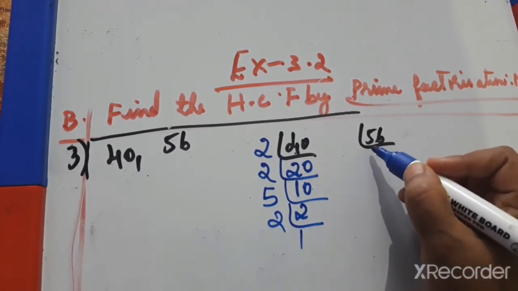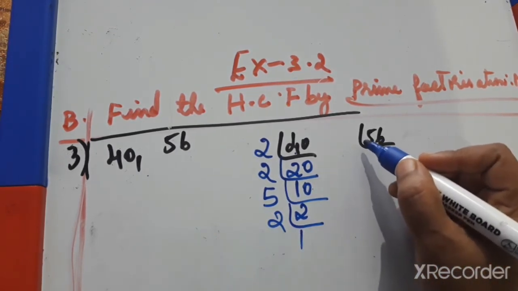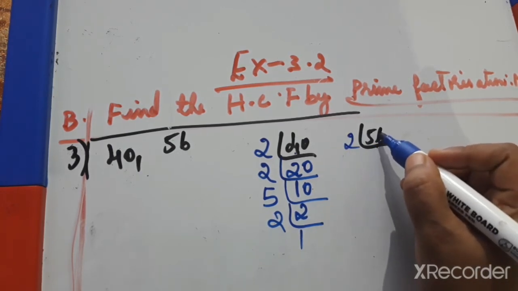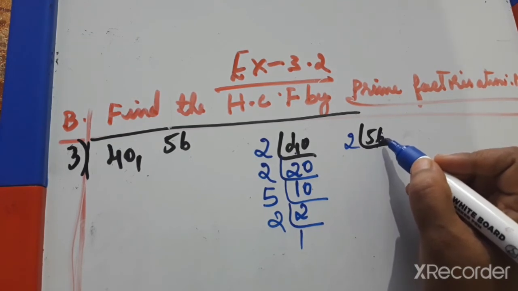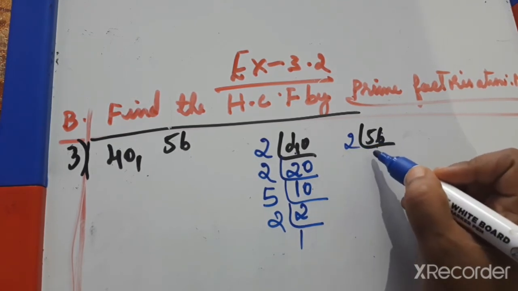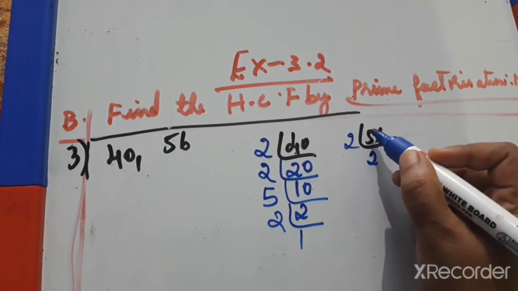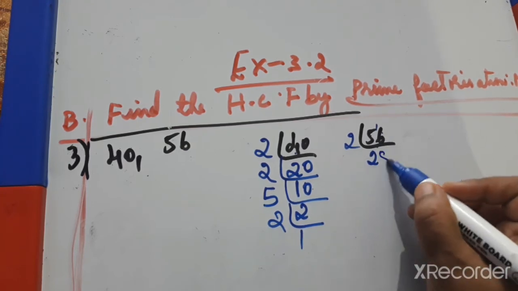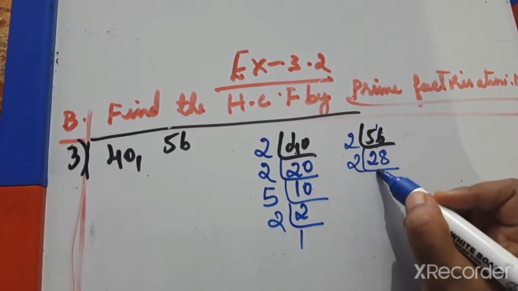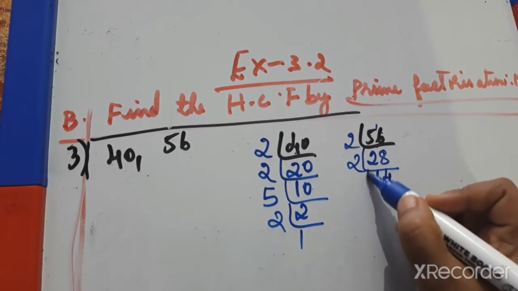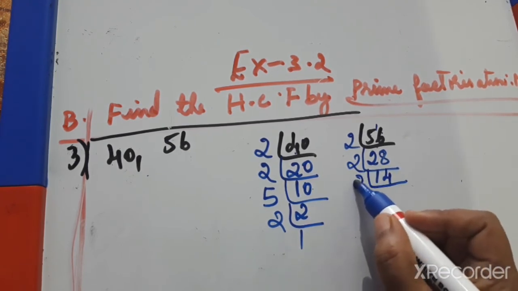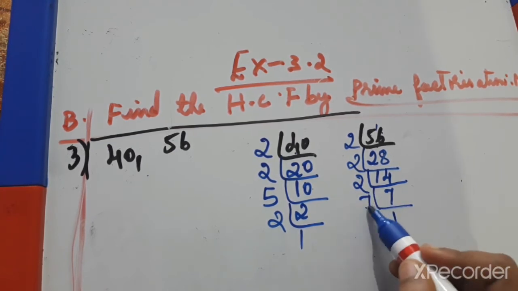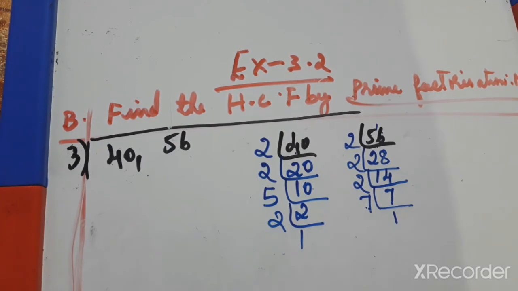Then factorize 56, divide with tables. Here 2, because the last digit 6 is an even number. So when the last digit is an even number, we can divide with 2. 2 twos are 4. Nearer to 5 is 2 twos are 4. So 1 remainder. Now together it is 16. 2 8s are 16. Again we can try with 2. 2 1s are 2. 2 4s are 8. Again we can divide with 2. 2 7s are 14. And 7 will multiply with 7 ones. 7 is a prime number. Okay, we want only prime factors.